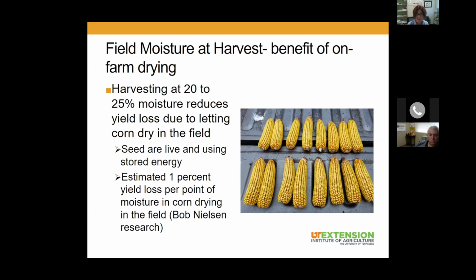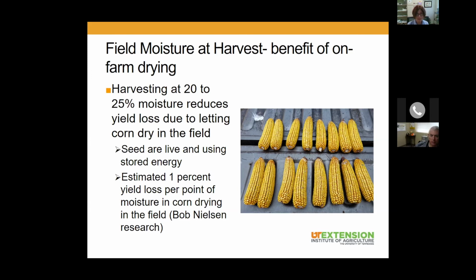And so over time, that actually reduces the weight of the seed. So you're losing moisture, but you're also losing weight because those seeds are trying to keep themselves alive. I think most of the time, 25% is about as high as folks go when they're trying to go after higher moisture corn. You can go higher than that, but sometimes it doesn't shell off the ear very well when you go super high. About 25% for a starting point